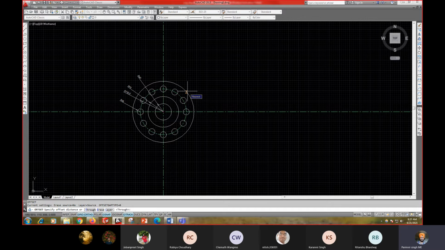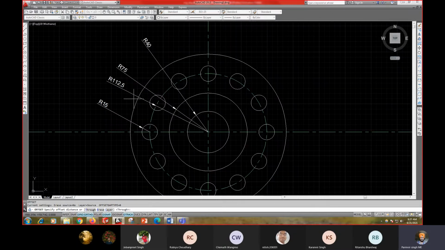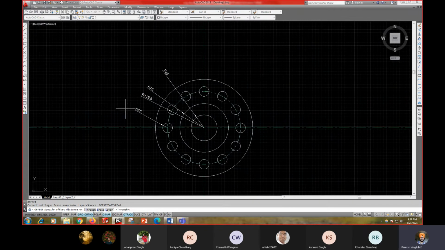I can give the distance any value. Here the maximum circle radius is 150, so I can give more than 150. So I define the distance as 200. Then okay.